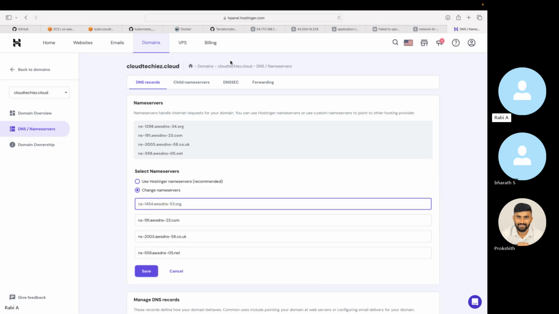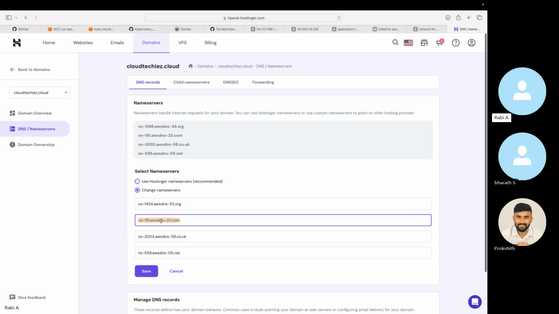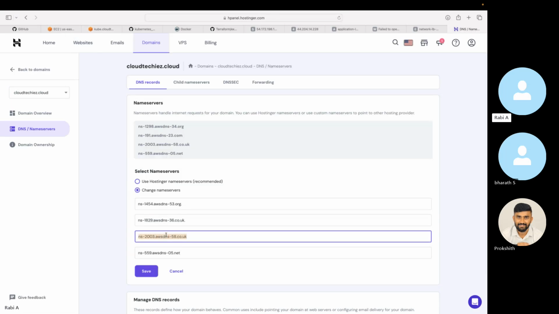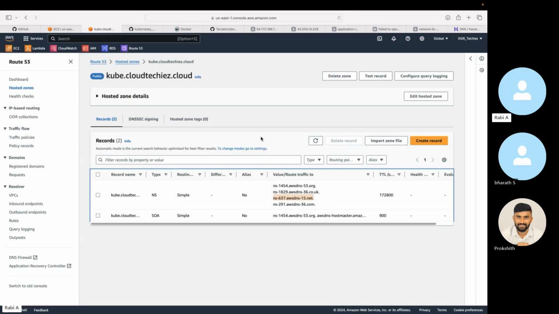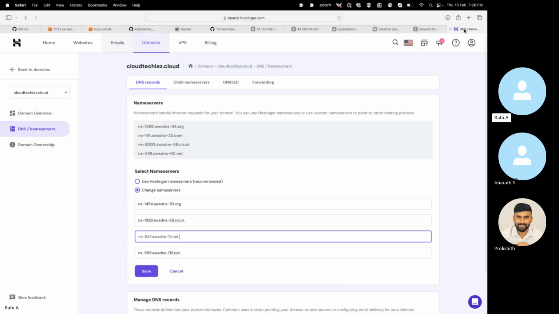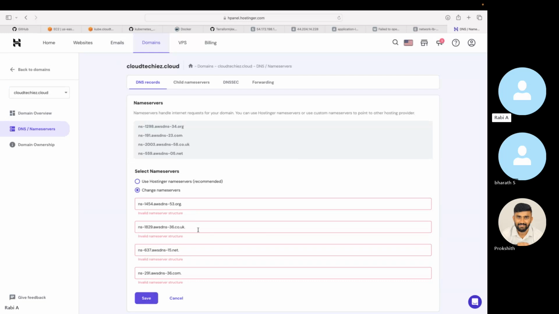So there are 4 records. We'll have to add all the 4 records one after the other. So this is kind of creating a link between Route 53 and Hostinger. Okay, so my domain is registered in Hostinger and my name servers are in Route 53. Okay, so these are 2 different platforms. So adding these NS records will help us